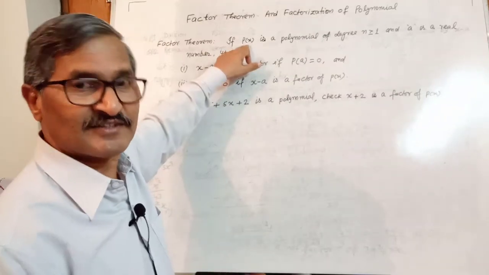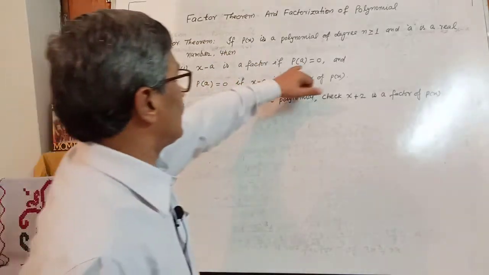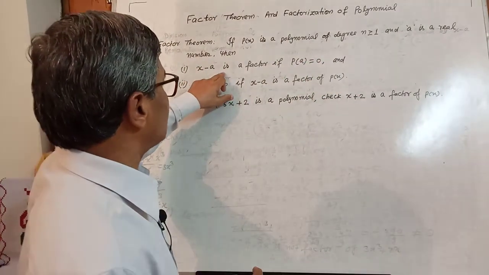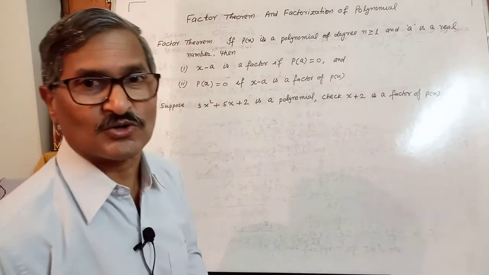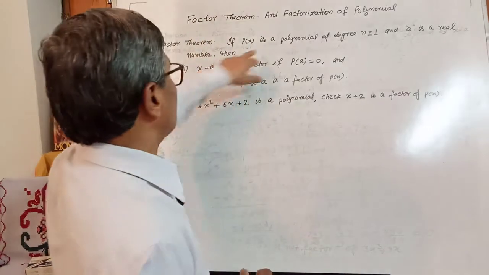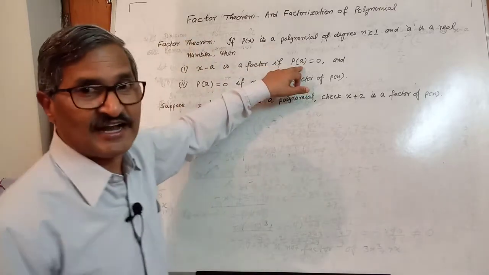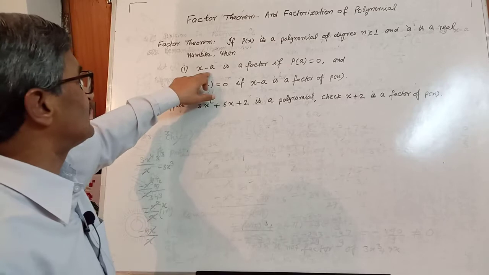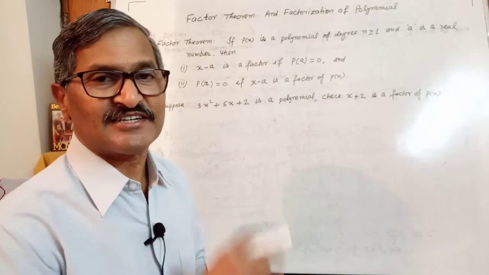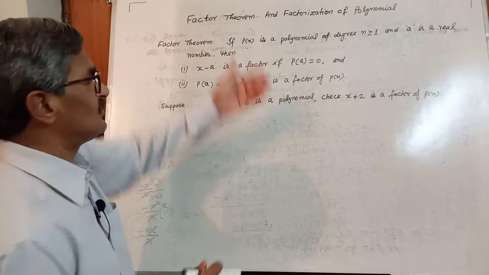This is the statement. In remainder theorem also we have discussed one question. If the remainder is equal to 0, here the statement is slightly changed, that x minus a is a factor if p(a) is equal to 0. Here it is not given that p(a) is the remainder, but you know that if p(x) is divided by x minus a, then p(a) is the remainder, and if the remainder is 0, then the divisor will be a factor of the dividend. Whenever the remainder is 0, then the divisor is a factor of the dividend. Another way of stating it, which will be used in questions.